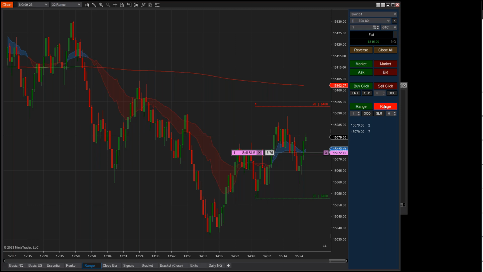So again, this is entry on range bar and Renko bar, sort of entering on the bar close, but your orders are resting before the bar closes, which gives you an advantage over someone who's trying to enter on the bar close. Less slippage that way. And regarding entries, we've covered attaching orders or plots, and we've covered placing stop entry orders on Renko and range bars. Let's move on to close bar.